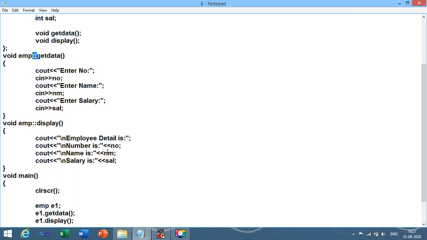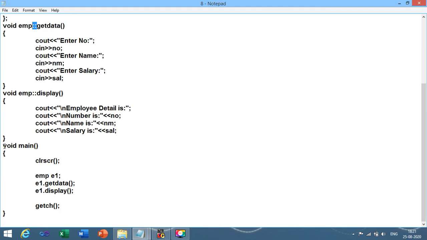Now let me scroll down the given code. This code remains as it is like our previous programs. There are no changes from the previous program, because the way we call the function is the same. So this is the first program. This is not program number 8, be careful, this is program number 10. You need to give the name of this program, program number 10.